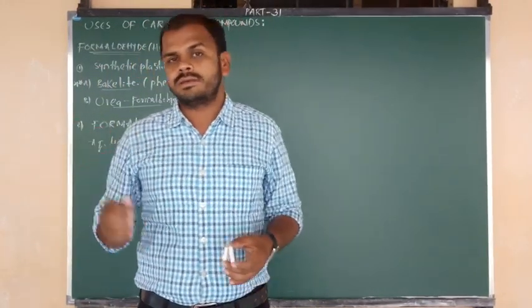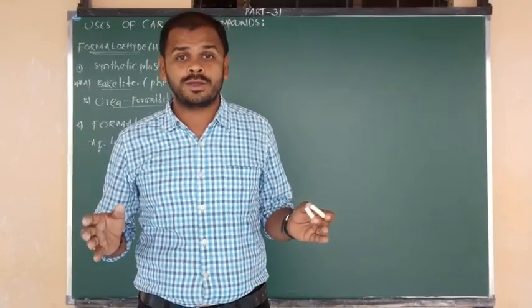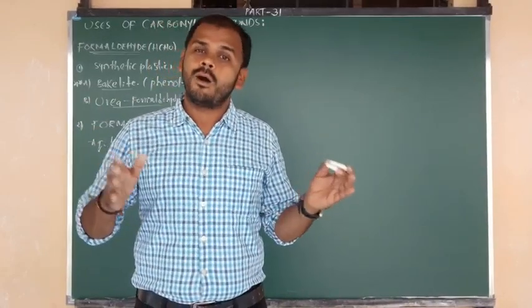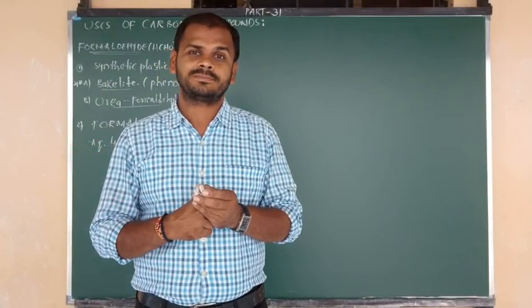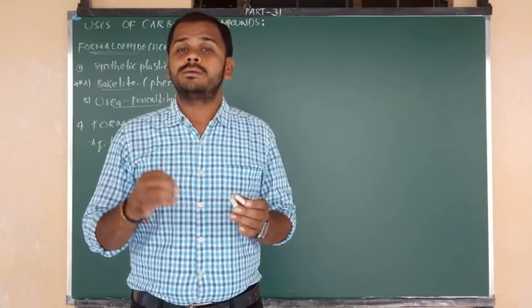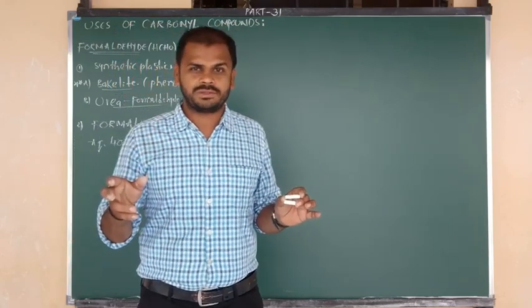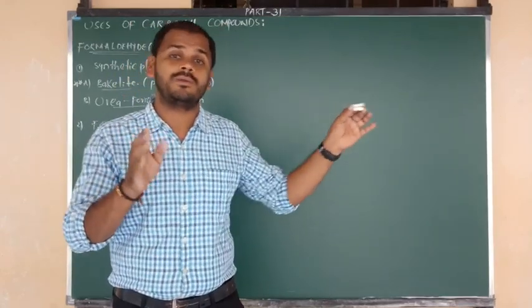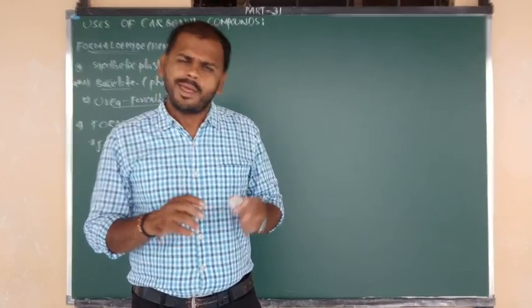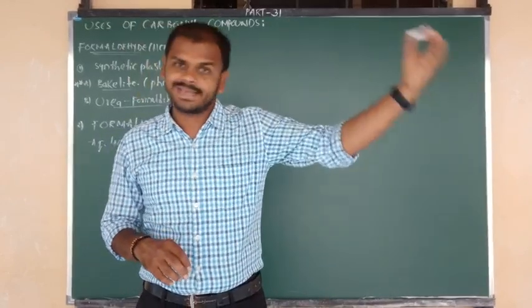Up to now, in the previous classes, we have seen clearly about the chemical properties of aldehydes and ketones. Almost all the chemical properties are cleared, beta. But a few properties are left, and they are important only from a competitive point of view. Those few left properties we will discuss in the next class.